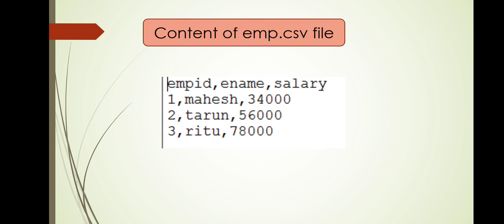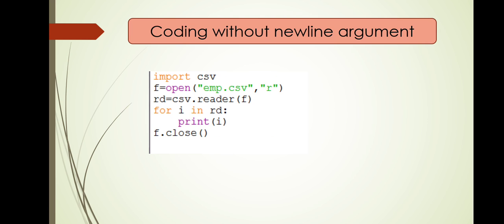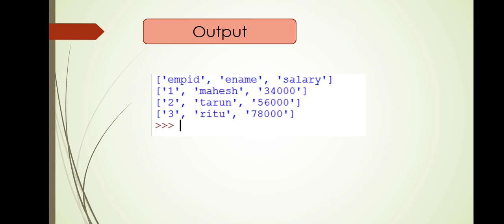Now let's suppose this is my CSV file which is not having any end of line translation. Now when the file is not having any end of line translation, what will be my code? It is the same code, but now no newline argument is used because the file was created without end of line translation. So while opening the file for reading, we do not need to specify any end of line character, right? And see, the contents are read.